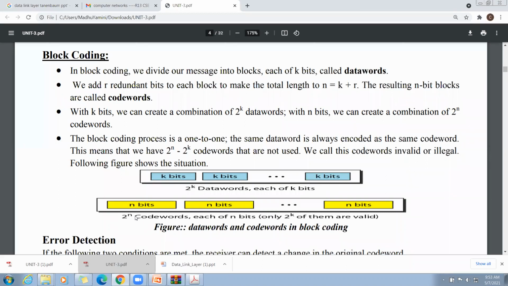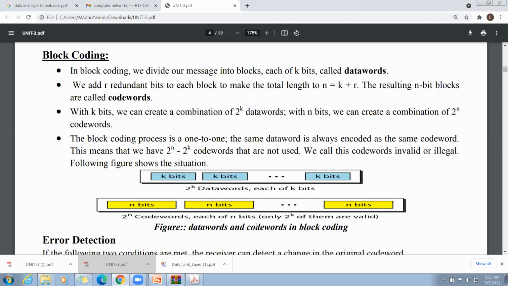In the second one, n bits means that when we add r redundancy bits to the k-bit block, the size will be n bits. We call n bits a code word. That is the reason why 2 power n code words, each of n bits.